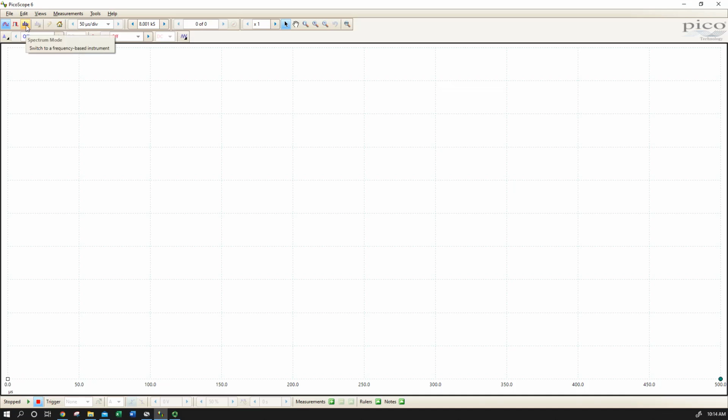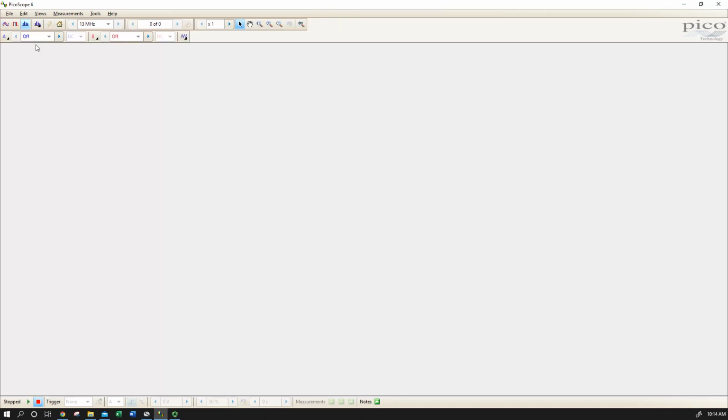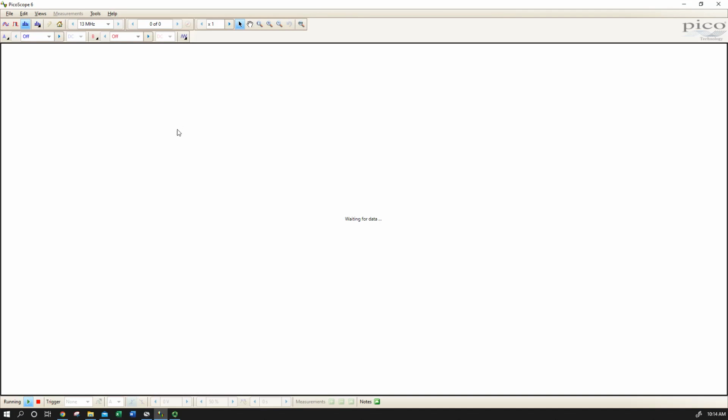To switch to frequency mode, all we have to do is go to our third button over here on the upper left, and it says spectrum mode, and it says switch to a frequency-based instrument. Well, yes, I'd like to do that. It's waiting for data. It's probably not going to get it because I don't have any channels turned on. An important